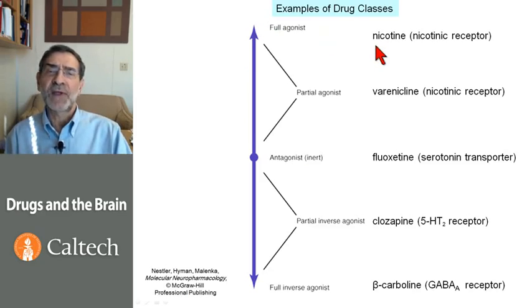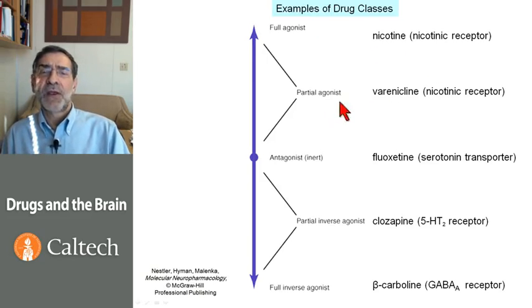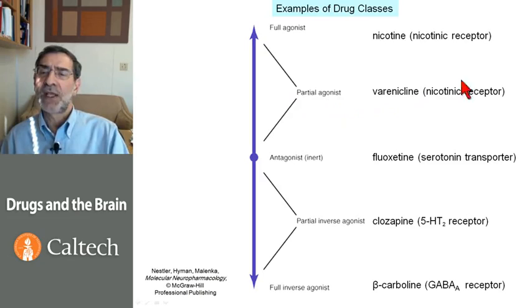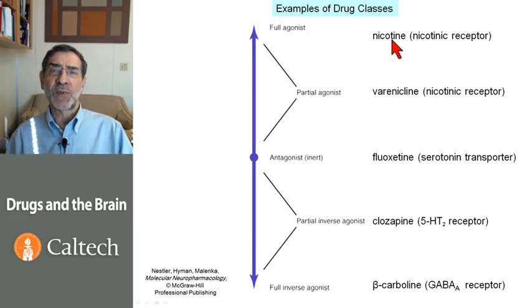If we have an efficacy of 1, we have a full agonist. And here's an example. Nicotine at nicotinic receptors is a rather full agonist, at some nicotinic receptors in the brain. An example of a partial agonist whose efficacy is between 0 and 1 would be varenicline, the drug used for smoking cessation. It also binds to nicotinic receptors, and it's thought that binding to nicotinic receptors but not activating them fully allows varenicline to outcompete nicotine and to give just enough of a feeling of well-being, but not a full activation to help the smoker